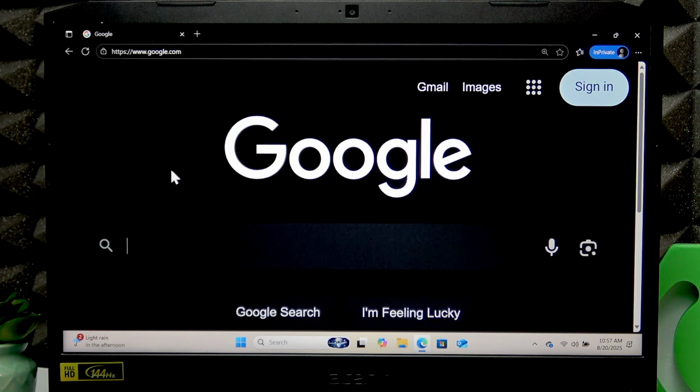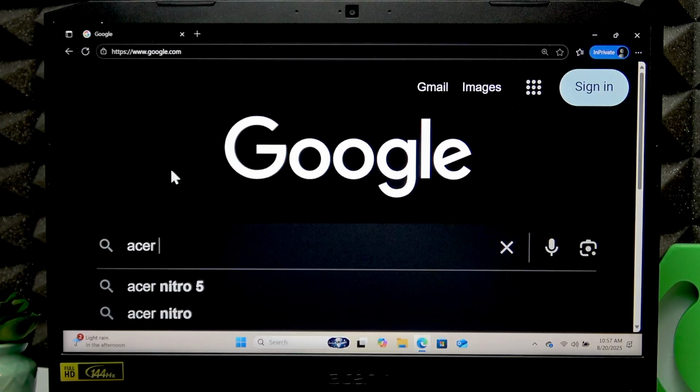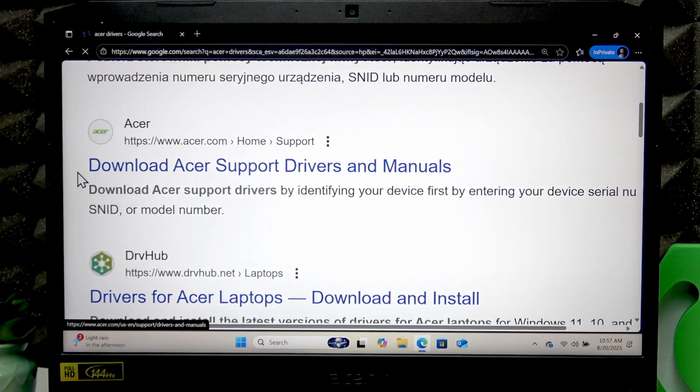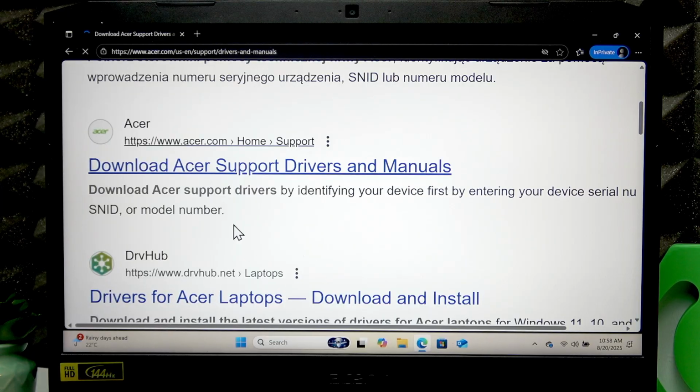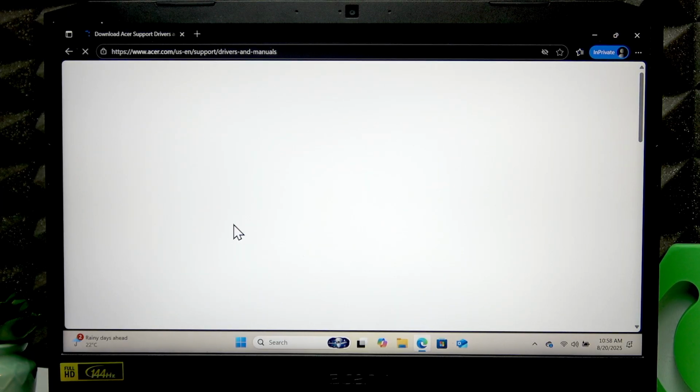Okay, so now search for the ACER drivers, and you're gonna find the official acer.com/home/support website that says download ACER support drivers and manuals. Open it. Then here you'll have to enter